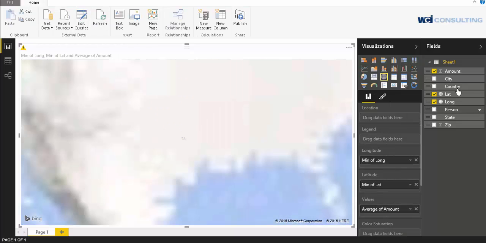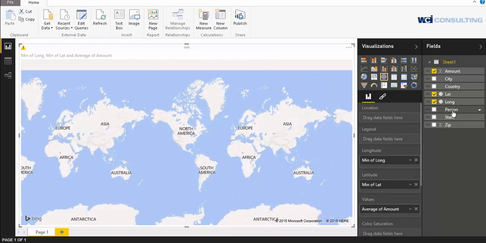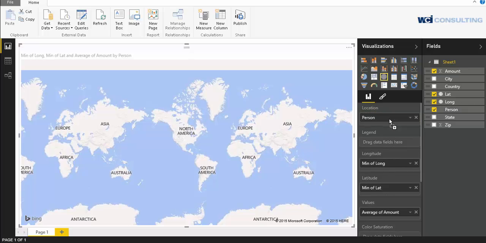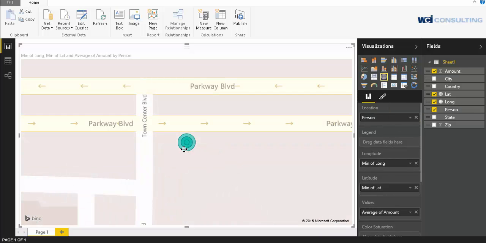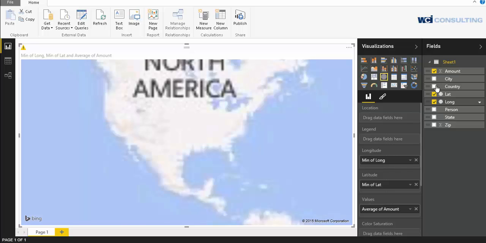Now I can break, the location here is just on city. I could break this on anything. The tool just needs something to actually use to break the data up and to group it so that we understand who's what. So when I put a person in, you can see I see Joe has that much. When I put there, I have Sam, and in this one, I'll have John. Now if I change that from a person back to the city,